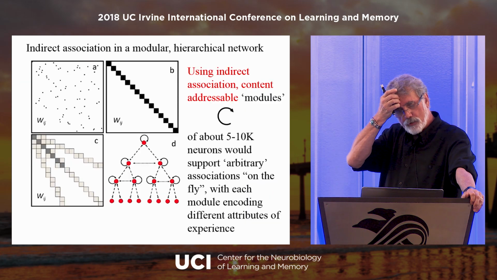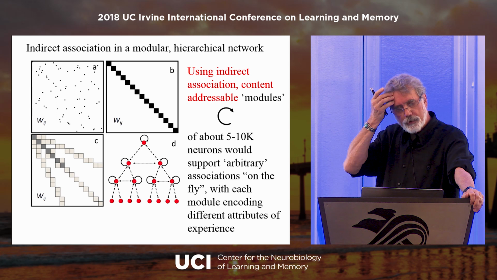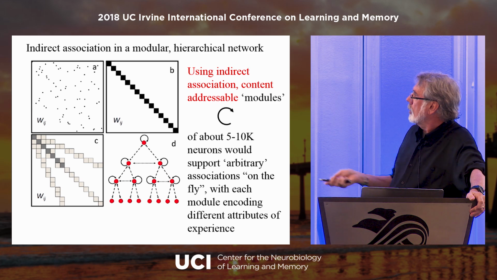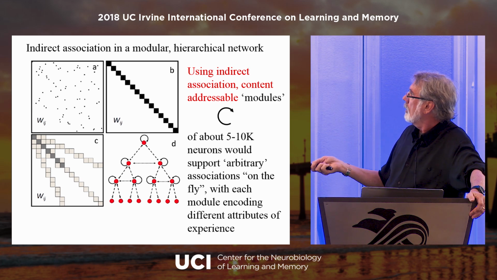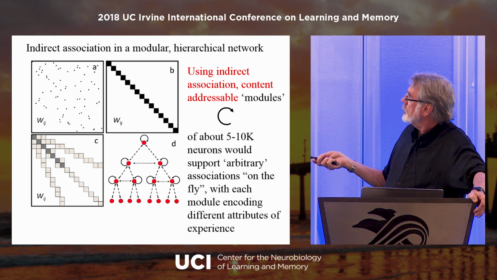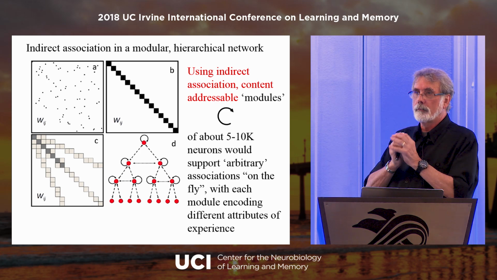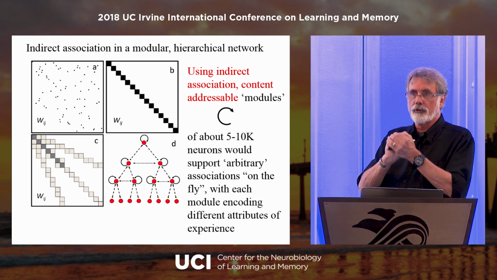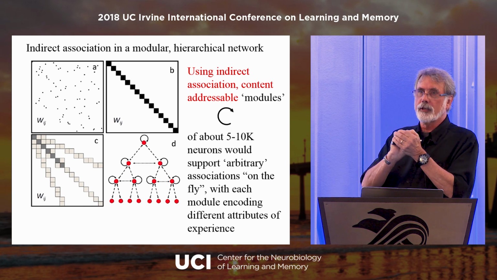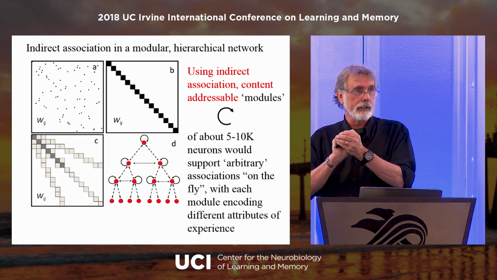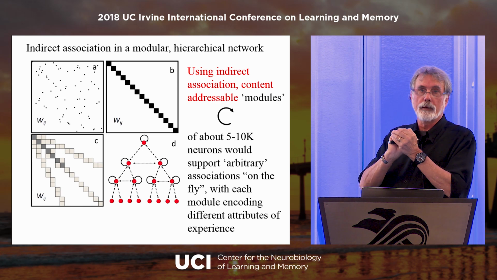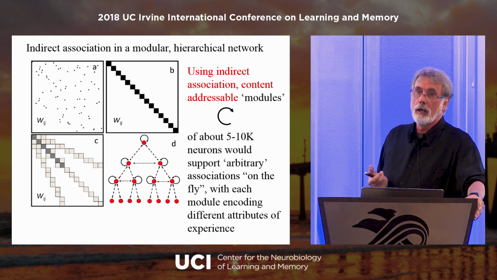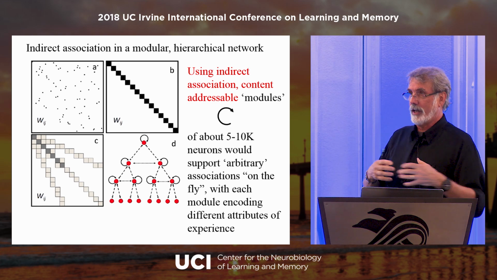So, to give you a little more modern concept of how this works, consider this randomly connected network. This is a connectivity matrix showing sparse connectivity. If we were to collect all the connections together in modules of about 10,000 neurons, then if each neuron sends and receives 10,000 synapses, those can be densely connected modules, and each of them can act as an associative memory with high storage capacity. The problem with this idea is that these exhaustively connected modules don't have any connections left